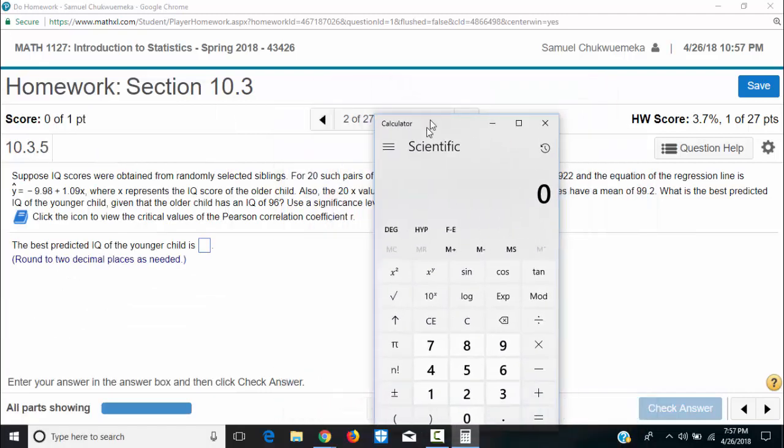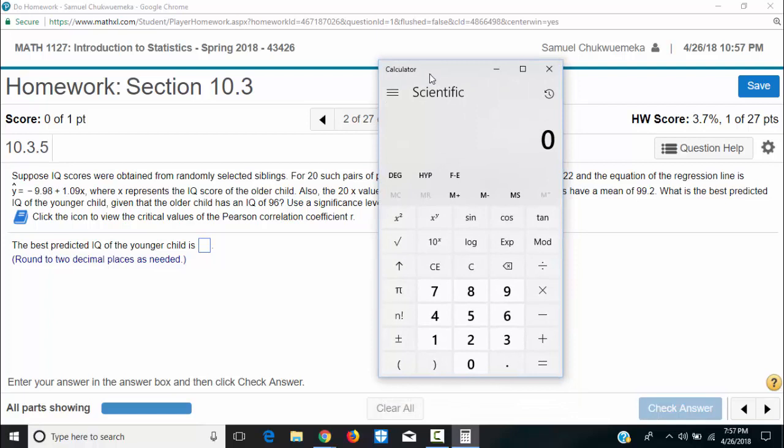So because there is a positive linear correlation between the variables, my x is 20, because x represents the IQ of the older child. Yeah, I'm sorry, x is not 20. I mean, the sample size is 20, but x is 96 in this case. We want to find the IQ of the younger child, given that the IQ of the older child is 96. So in this case, my x is 96, and I want to find the best predicted IQ, which is the y hat